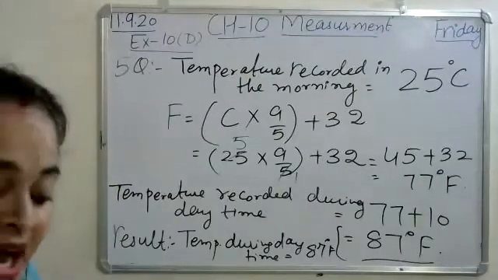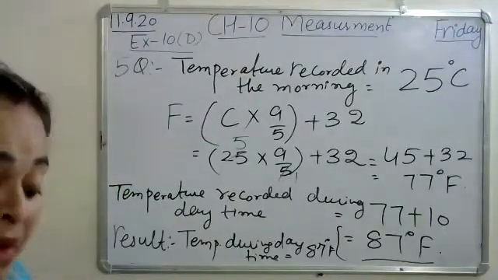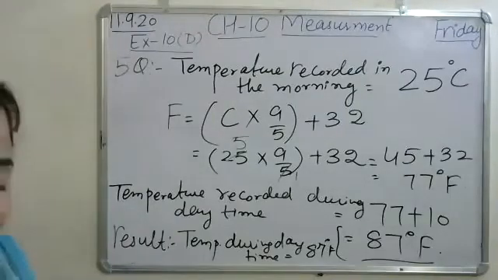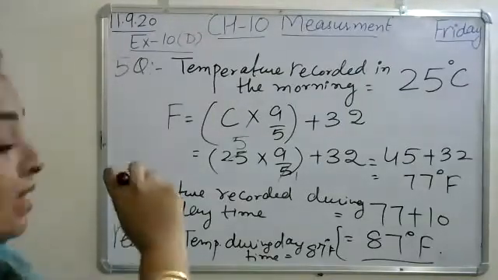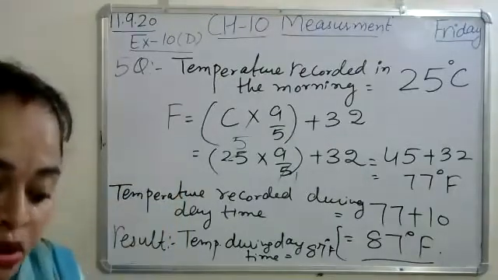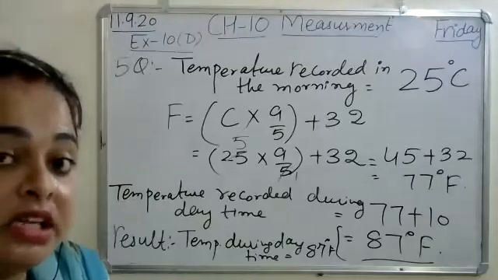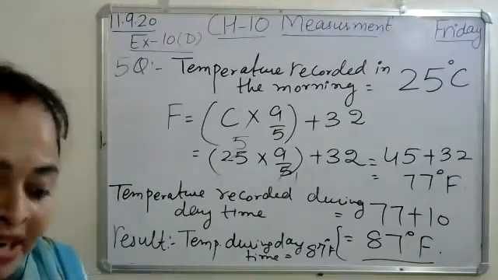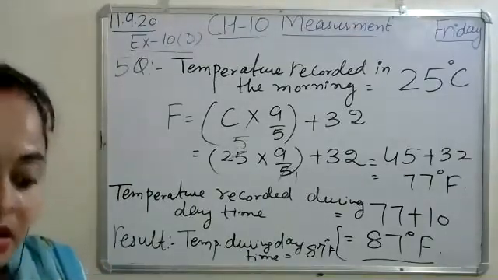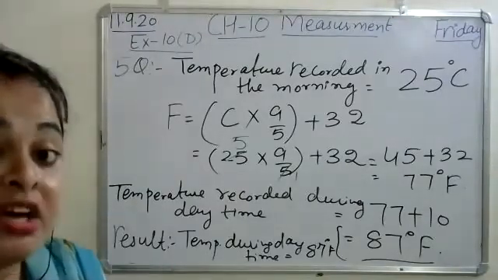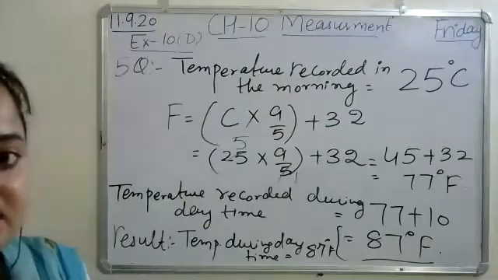Now in this question, the demand is of Celsius. Check the last line. In the last two questions, the questions are to find the final result in Fahrenheit. But in this question, the statement is to find the temperature in degree Celsius.